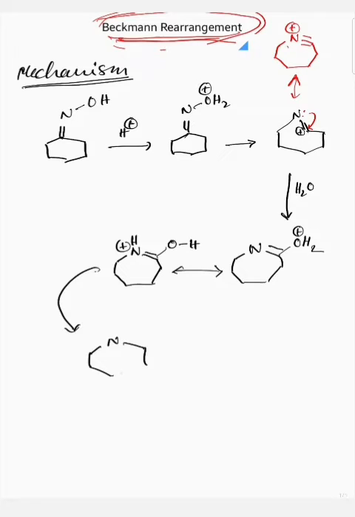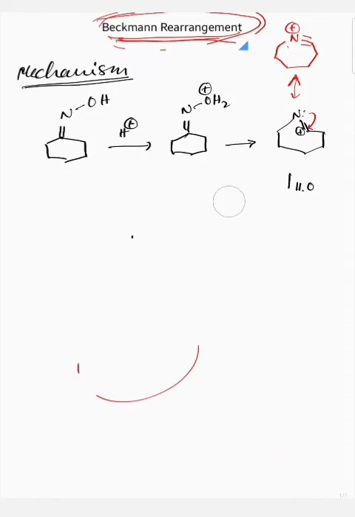So this is our caprolactam. This is our final product. So understand the mechanism. If someone asks you to write down the mechanism for Beckmann rearrangement, now you can write it down, right? Let us move to the next example that will have